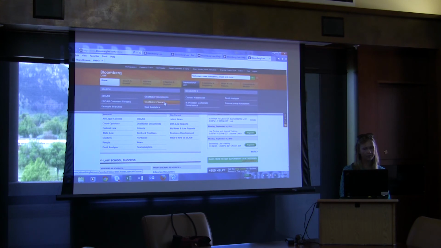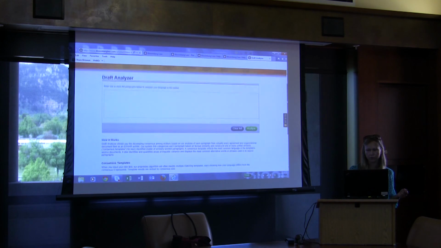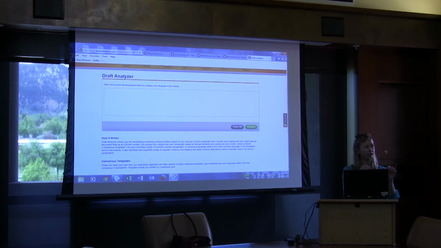So over here, we've got hundreds of thousands of samples of documents and clauses. So things like bylaws or settlement language for an agreement or non-competition language, things like that. That's where you're going to find the basic agreements and clauses. But over here, we've got something that's brand new called the Draft Analyzer. It takes all of this different information and it allows you to pull it together and analyze it next to our different clauses and documents to see how one thing would be median in terms of looking at a